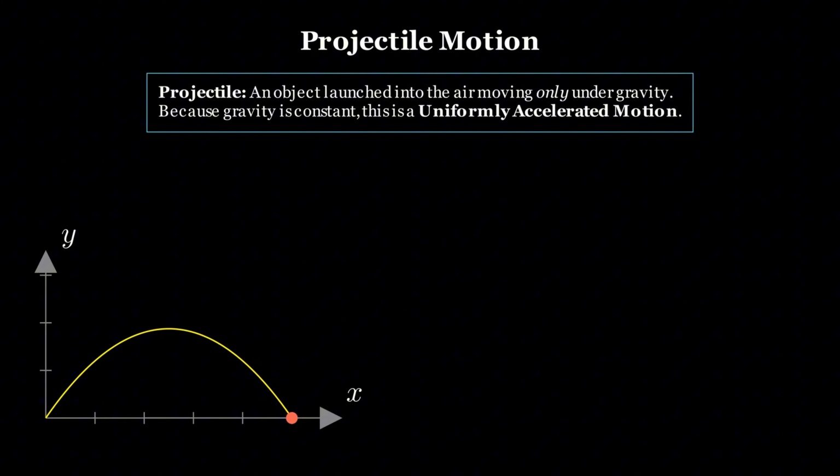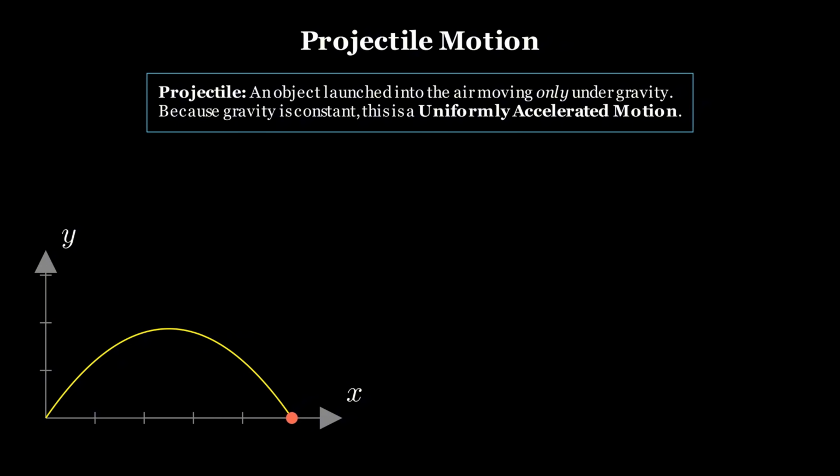Hello everyone, in this video, I'm going to introduce you to the concept of projectile motion. A projectile is any object which is launched into the air with some initial velocity, and thereafter it moves under the influence of gravity. Since acceleration due to gravity is a constant on Earth, the motion is a uniformly accelerated